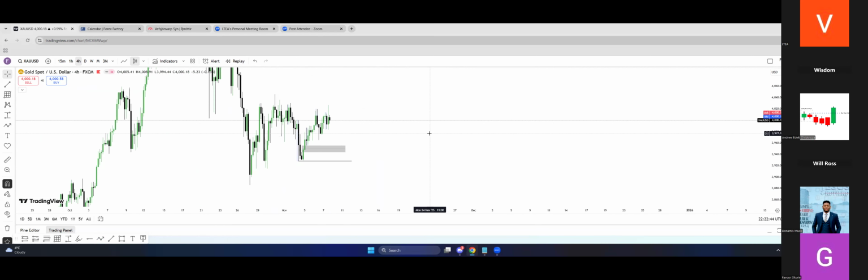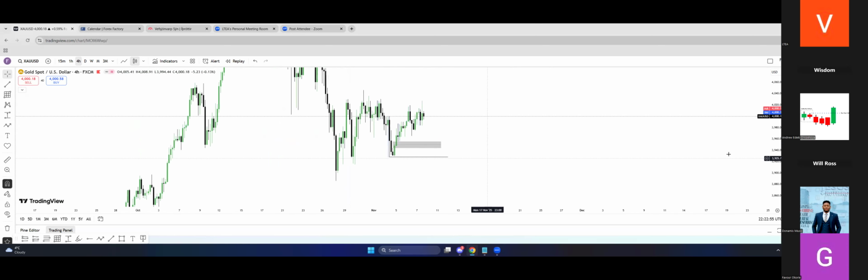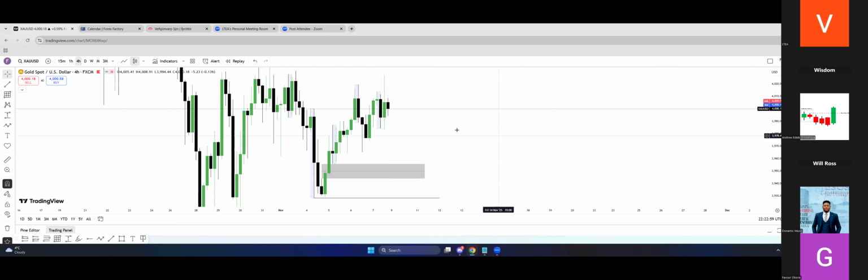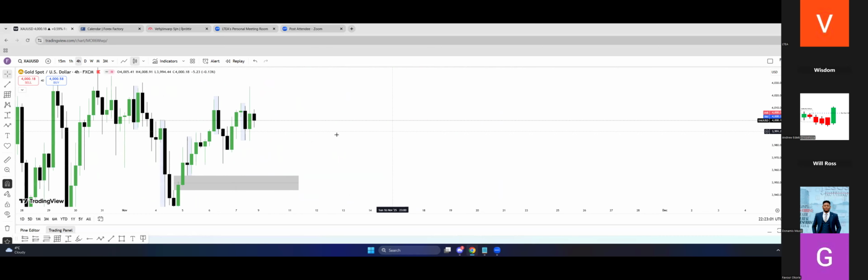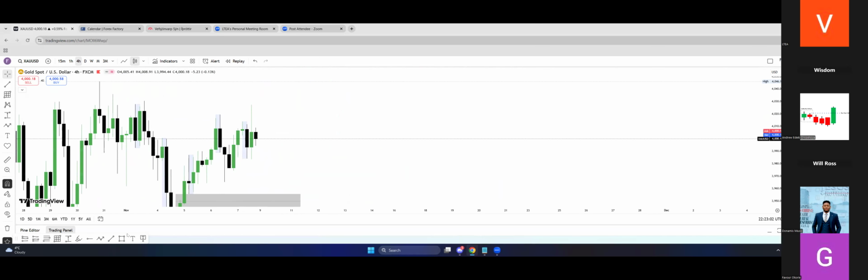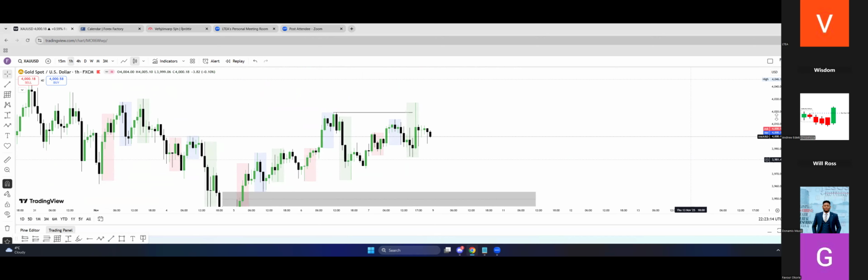But what I'm looking for is the same thing, right? I can trade this market up, I can trade it down by just looking at simple things, the same thing. It changes the state of delivery after price has sought liquidity. And then I will be looking for opportunity. So if you might say price seeks liquidity right here, have we seen any change in state of delivery? Because this is where price moved all the way up.